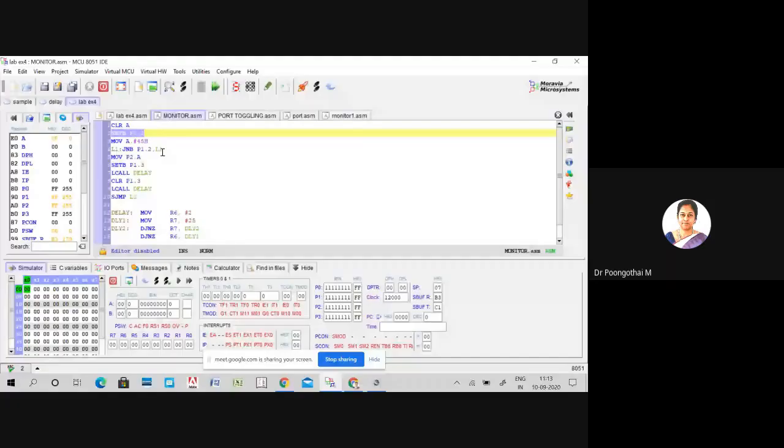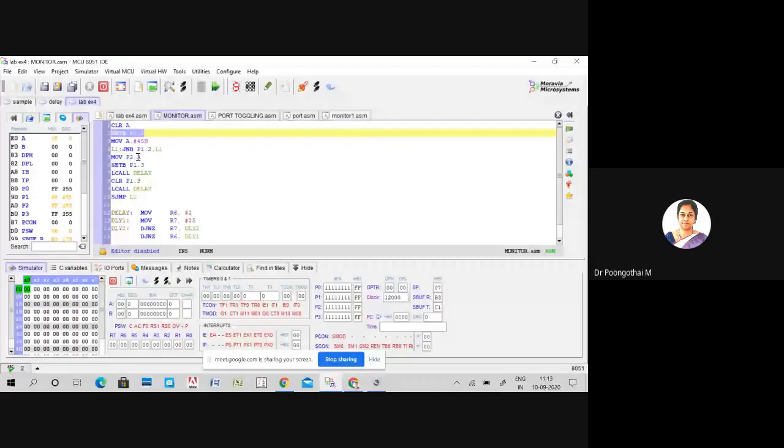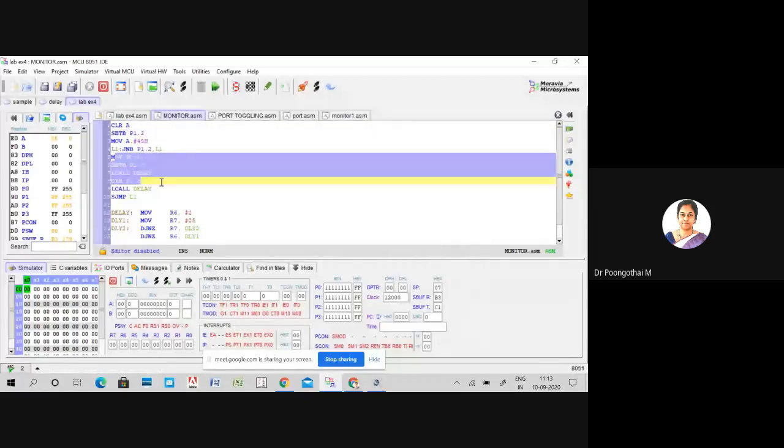If the switch is pressed, your P1.2 is 1. In that case, this condition is false, so these instructions will be executed. If the switch is not pressed, it keeps on monitoring P1.2. If the switch is pressed, we are going to generate a square wave on P1.3. At the same time, we are moving the immediate value 45 to P2. So that is the logic.